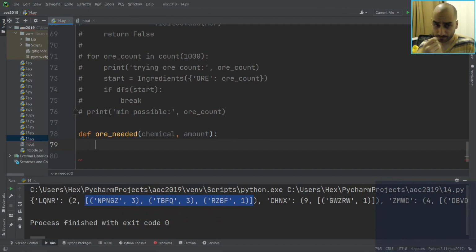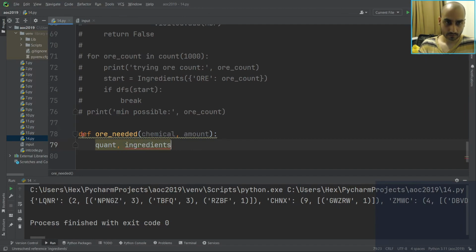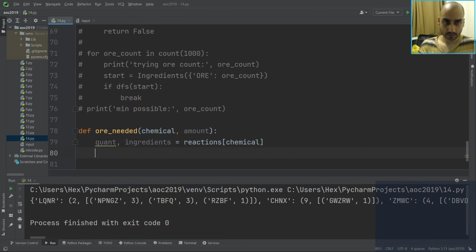Okay. So we look up the recipe for that ore. Okay, so the quant is the amount you would make with one reaction. Quant followed by the ingredients equals, it's going to be reactions for that chemical. So that just looks it up. All right, so